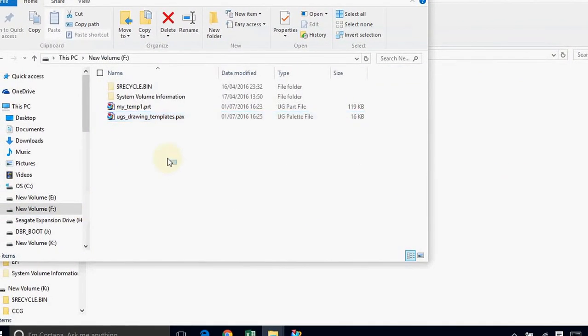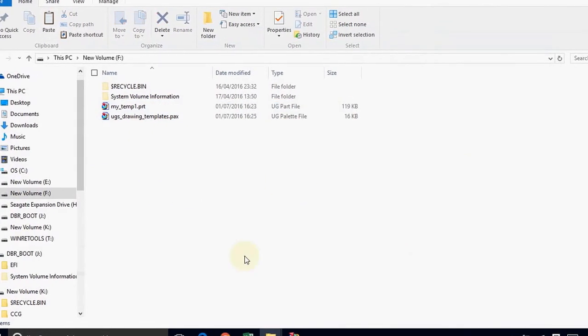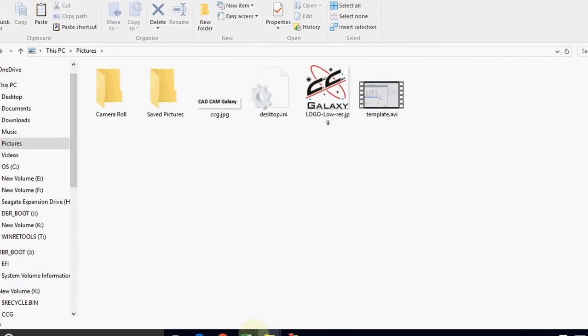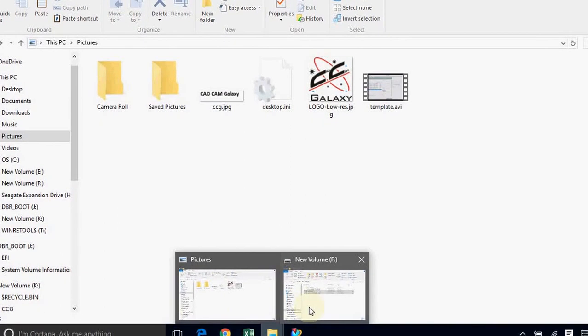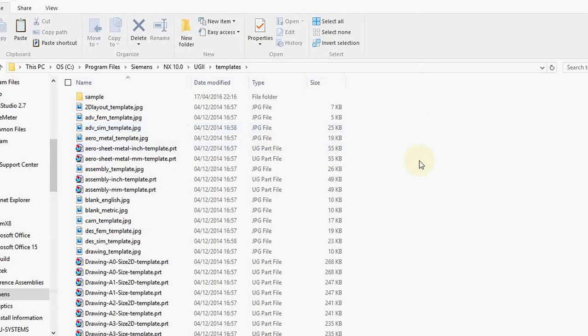And then you have to make sure that you copy both of these files into your template directory. Now in this folder you have to paste those two files.